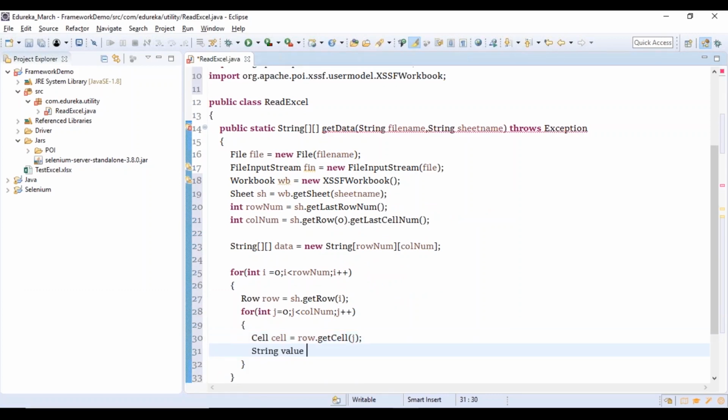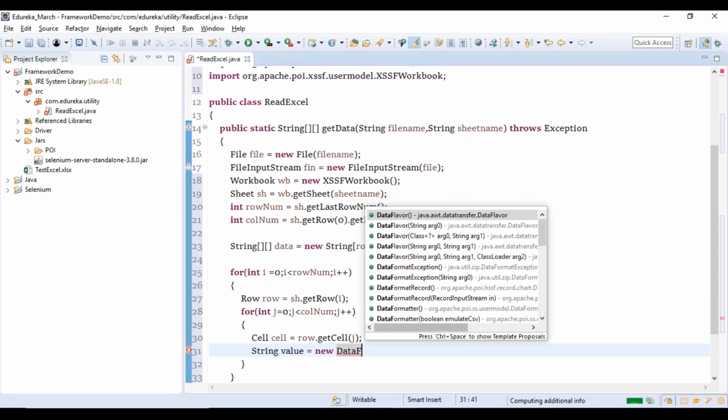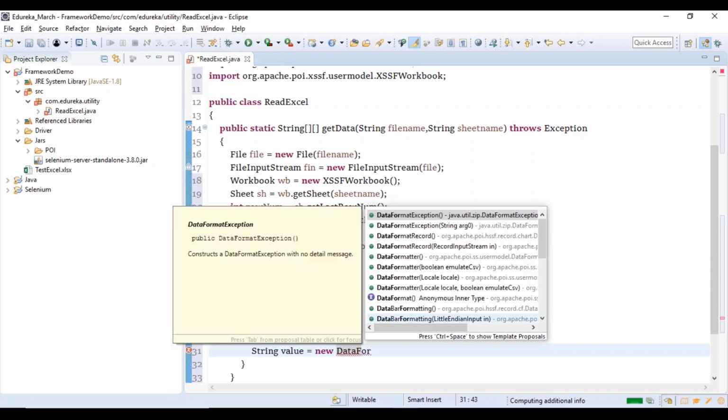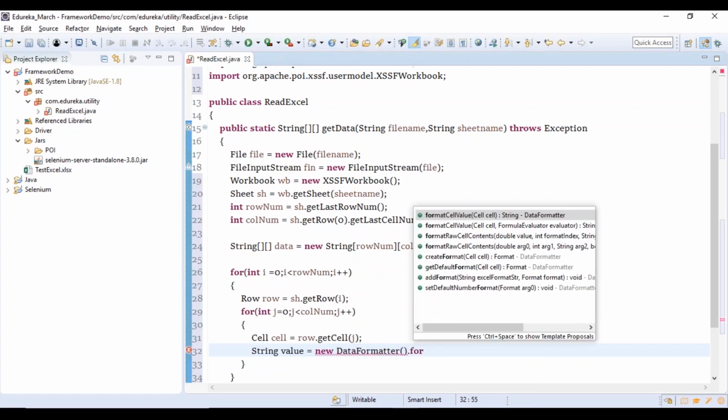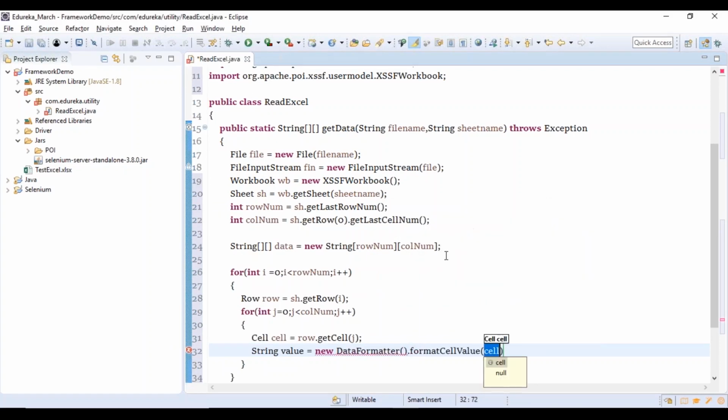String value is equal to new DataFormatter, because I want the data to be read in whichever format is present. So let me take this formatter dot formatCellValue of the cell.